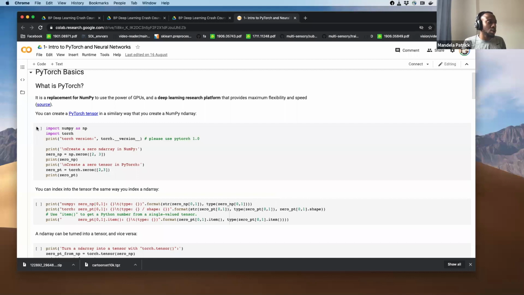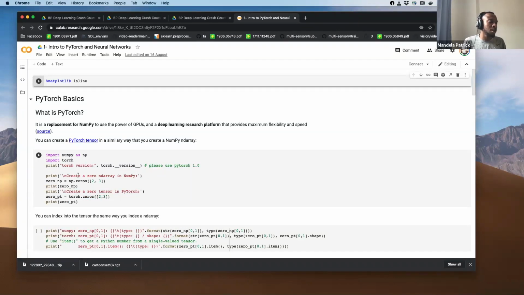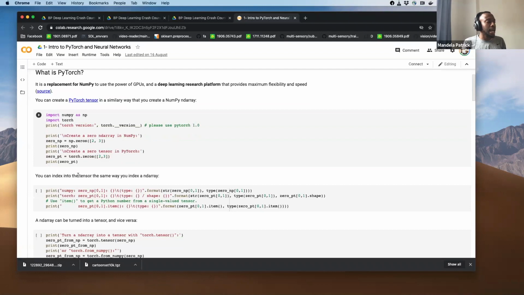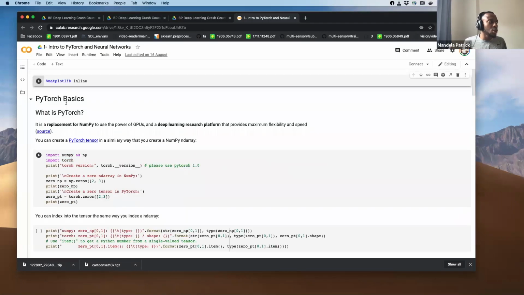And then these are comments or text to get an understanding of the code below. And you can embed images, etc. So as mentioned, the framework that we're using is called PyTorch, which is built on top of Python. And it is a replacement for NumPy. It's basically a GPU-powered NumPy, and NumPy is a mathematics and statistics library in Python. And PyTorch basically augments it with GPUs, as well as easy and convenient use of functions to train neural networks.